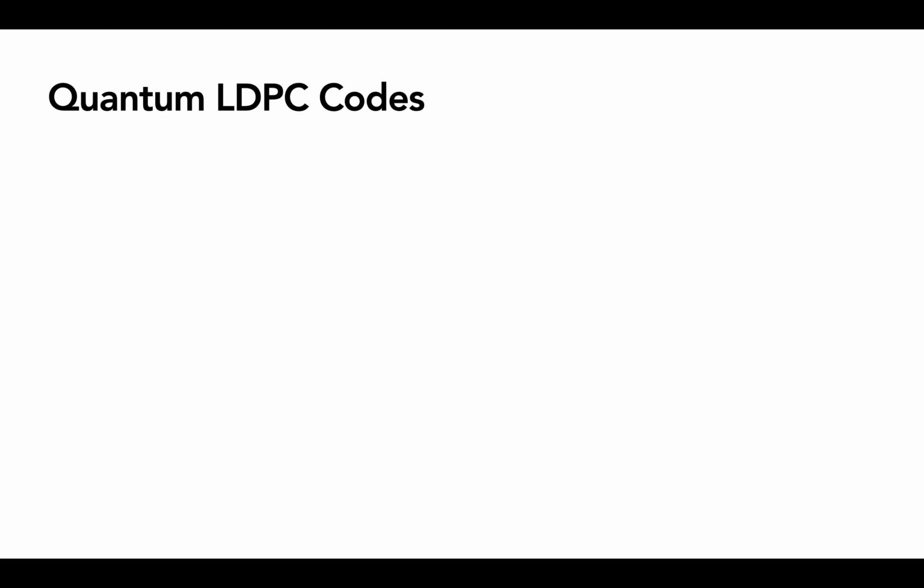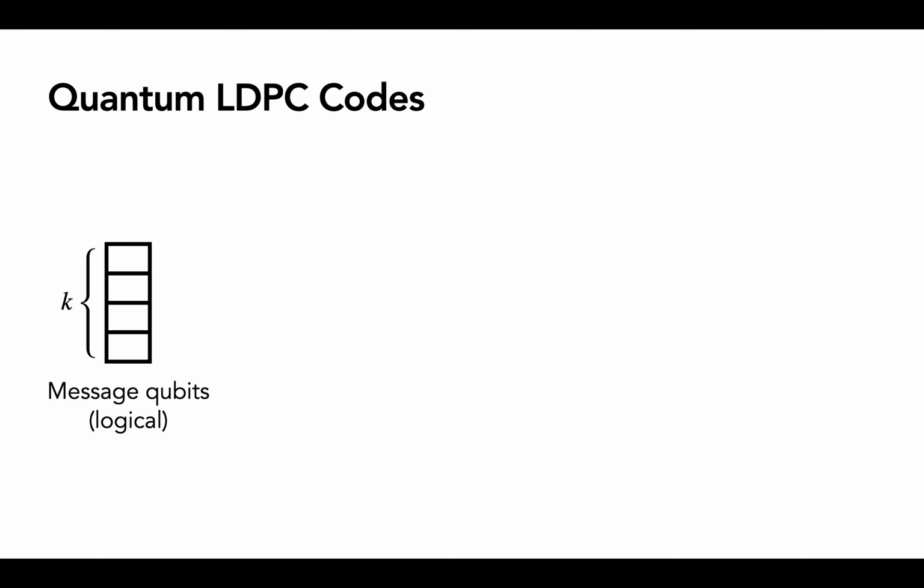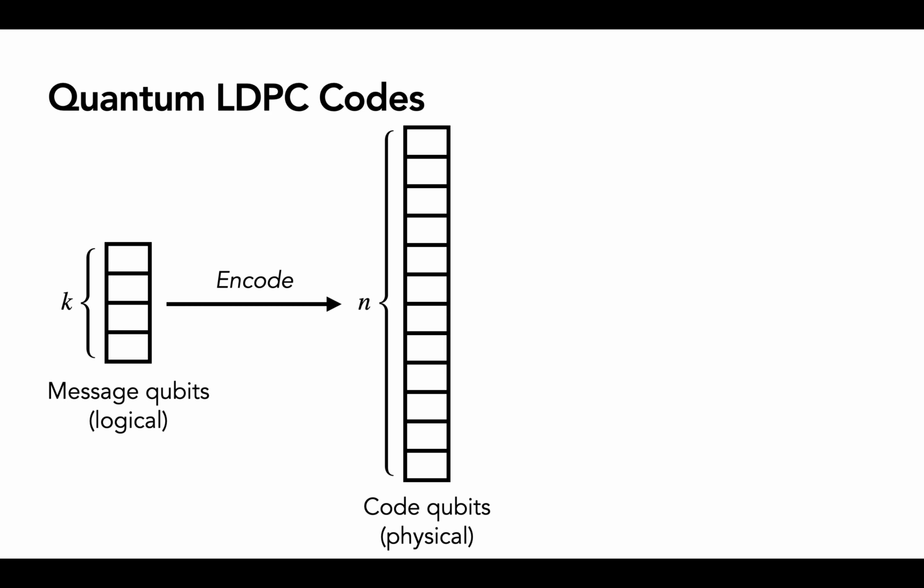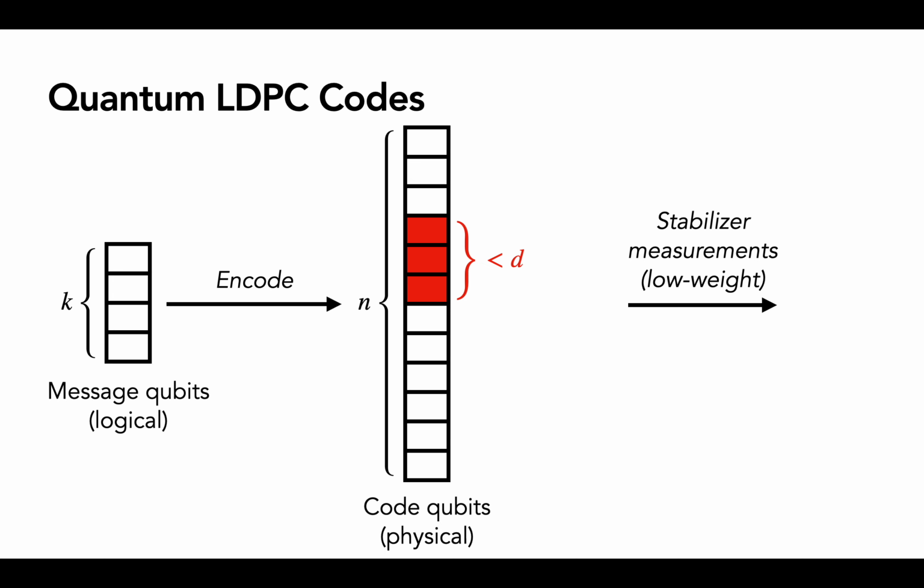So to begin, I'll give a quick review of quantum LDPC codes. The basic idea in quantum error correction is that we start with a length k message of logical qubits, so k qubits, that we will then encode into a larger n qubit physical code state, such that if a corruption occurs on a small number, say at most d, of these physical code qubits, we can perform some stabilizer measurements in order to recover the original message. And specifically, the LDPC property, which stands for low density parity check, means that these stabilizer